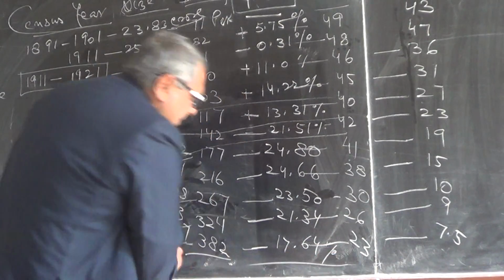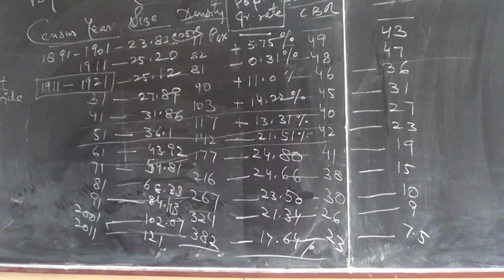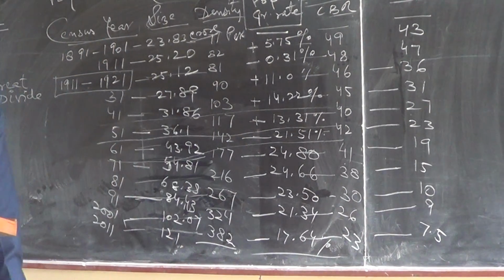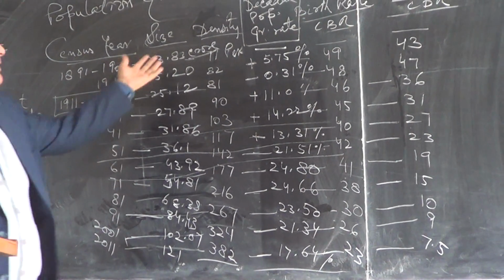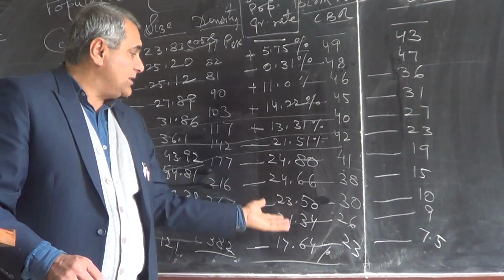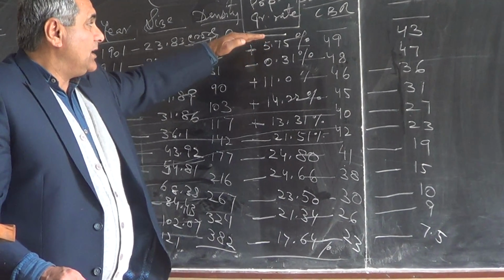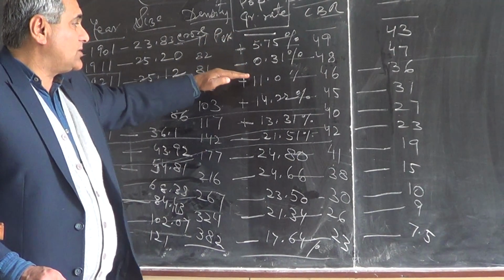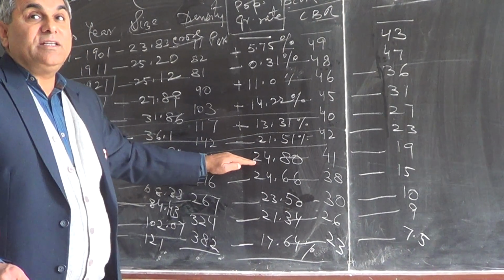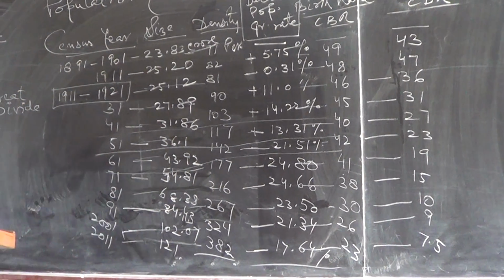17.64%. ये डेटा आपको रटने की जरूरत नहीं है, need not to mug them up, but this statistics is very important. For every geographer, we should know how the population has increased and what are the pattern of the growth rate. So it was the fluctuating growth rate, 5% to minus to 11, 14, it is 24.8. It was the maximum. So population growth rate, if you construct the